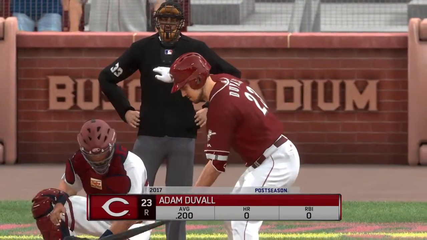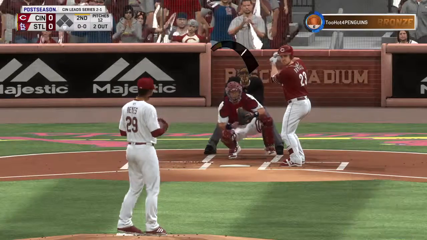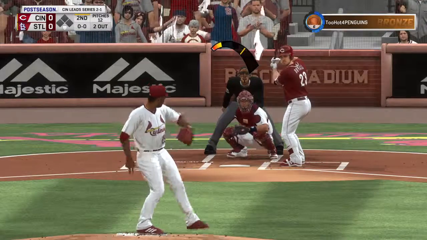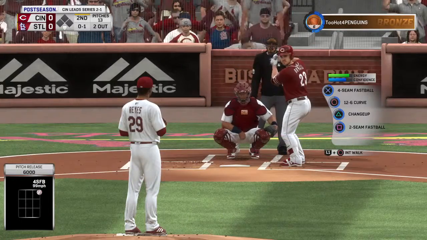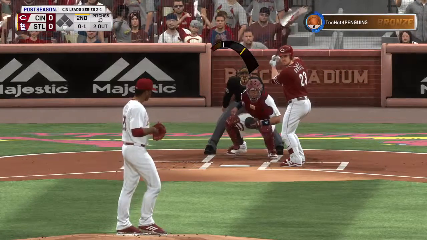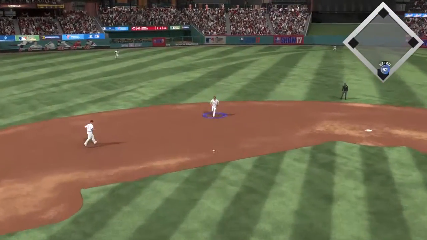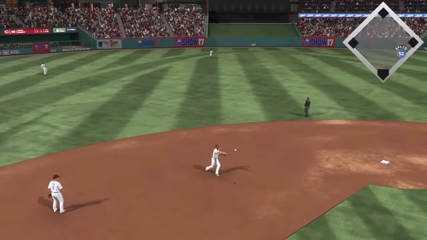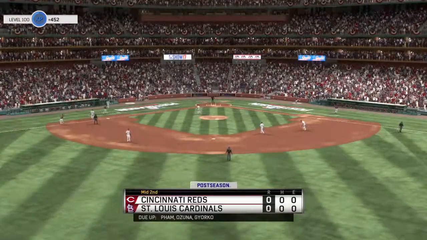Into the box now, Adam Duvall. He'll work on keeping this top of the second alive. And he gets ahead here with the fastball, strike 1. That fastball was a lively one. You could hear the pop of the glove all the way up here. Yeah, nothing better, huh, guys? I guess maybe the crack of the bat, but... And the throw is in time to get him to retire the...